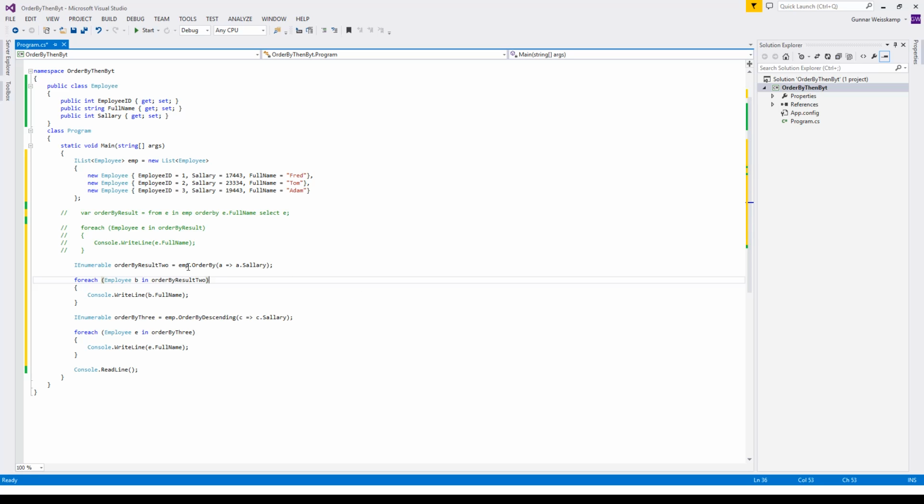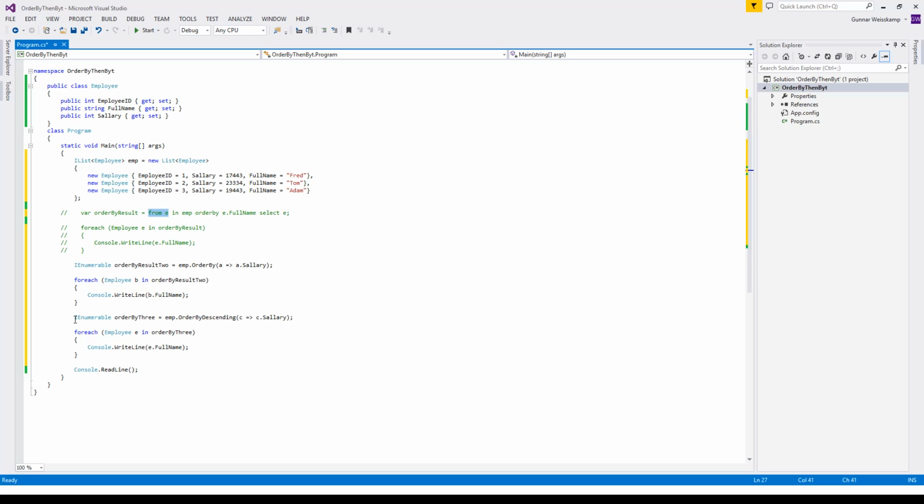So what are we doing here? We're doing the same order by process, but we're using here the LINQ expression directly from the object, as you can see. And we're using what is known as a lambda expression. And the other difference is we're going to order it this time by salary instead of the full name. But for all purposes, the rest of the logic is the same. We're just using the order by here from the actual object rather than doing this from